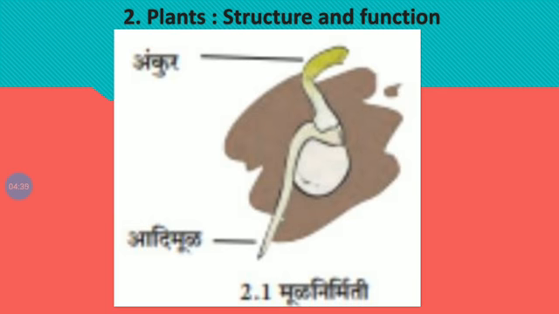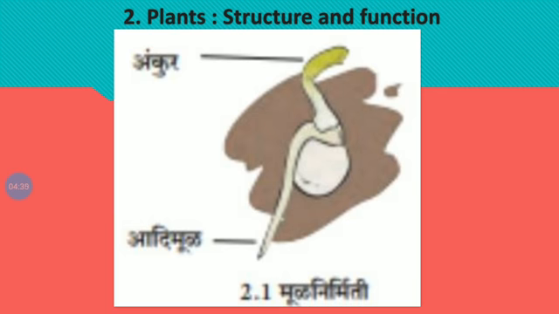The root is thick near the ground and gradually tapers to the pointed end. This part of the plant growing below the soil for support is called root. So root gives support to grow the plant, and the necessary things, nutrients, water, that is also supplied by the root to all parts of the plant.